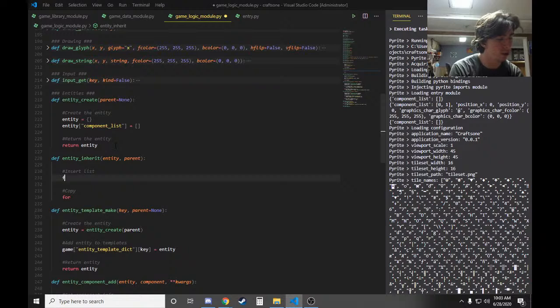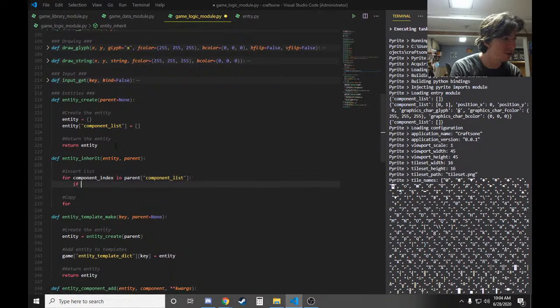So we're going to say for component index in parent component list, because we don't want to just copy the component list. We don't want to override and just make a copy of the entity. We want to just inherit all of its attributes. And we're going to say if, well, we can just say,